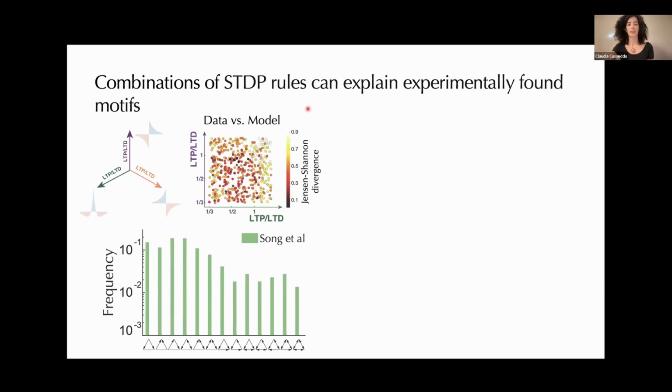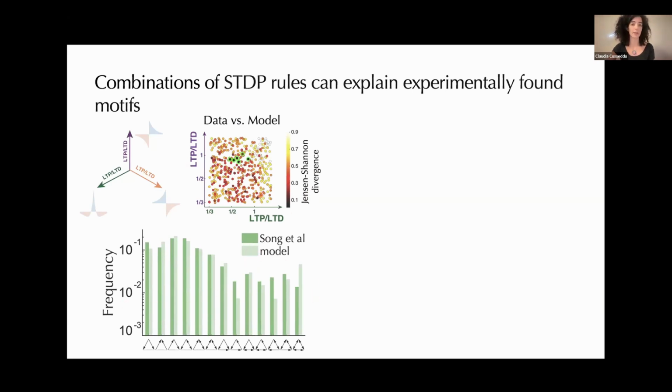And then, as I said, we quantified the Jensen-Shannon divergence, and each point in this heat map represents one simulation, so a specific set of parameters. And the color shows this metric, so the darker the point, the more similar the simulated motif distribution is to the experimental data. And so one example motif distribution emerging from the model is shown here and was a good